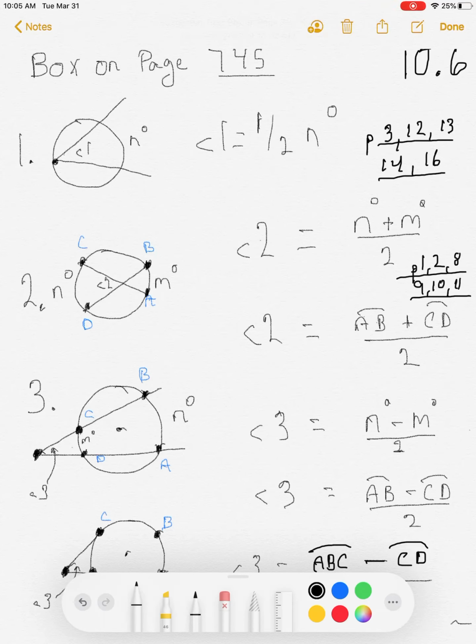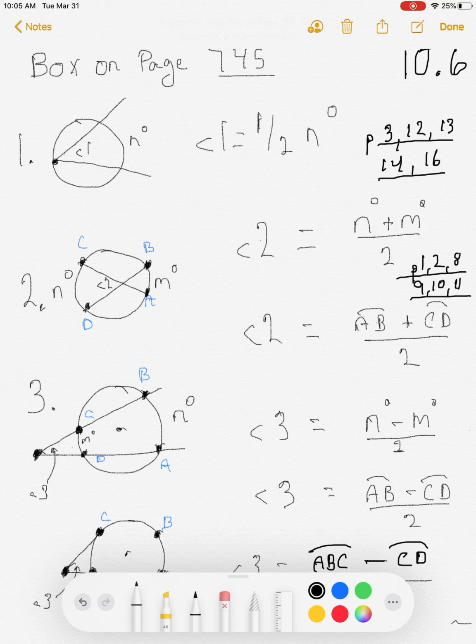Section number 10.6 begins on page 745. The key information on section 10.6 is shown at the top of page 745. Let's take a look at page 745 at the very top. In this box, we see